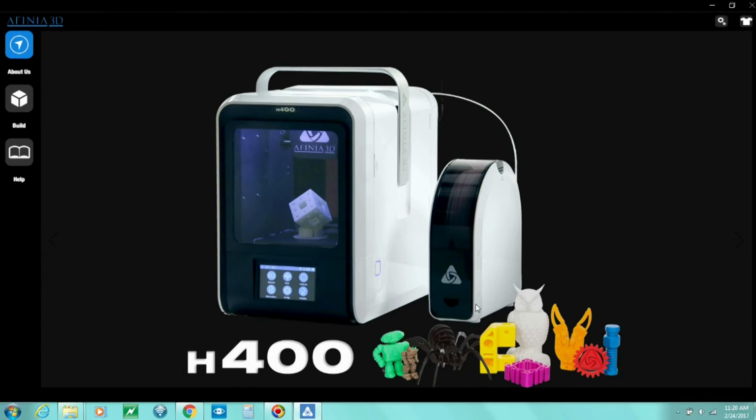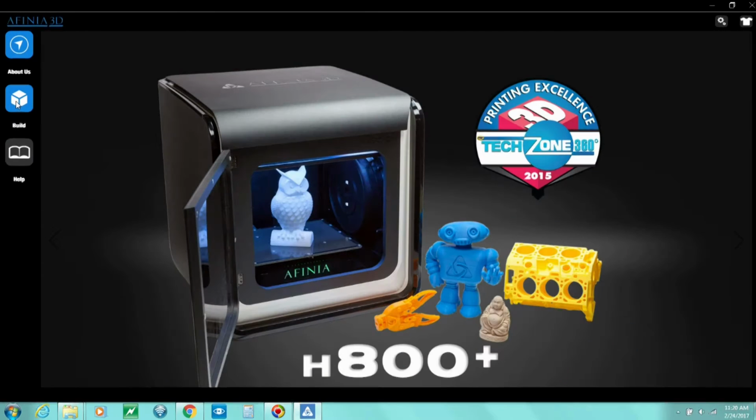So if you have your computer connected to the internet, you'll see the first screen here is About Us. It's our home screen, and it'll have some of our products, some information. It's in a carousel where it'll be scrolling by. And then in the software here we've got a few different things. We've got our build section, which we'll get to in a second. We have our help,